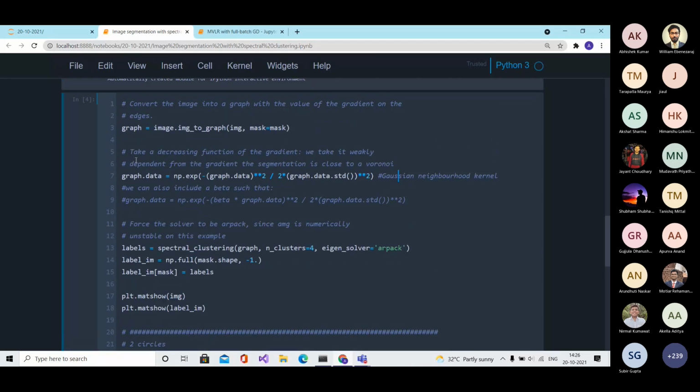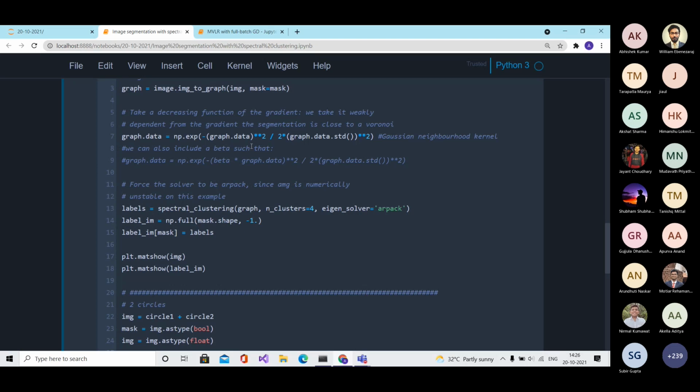And then once we create the similarity matrix, we'll just use the spectral clustering function from sklearn.cluster. So the spectral clustering algorithm takes the following input. The first is the graph on which it will work. The second argument is the number of clusters, and other than this, there are some further arguments that control its behavior.